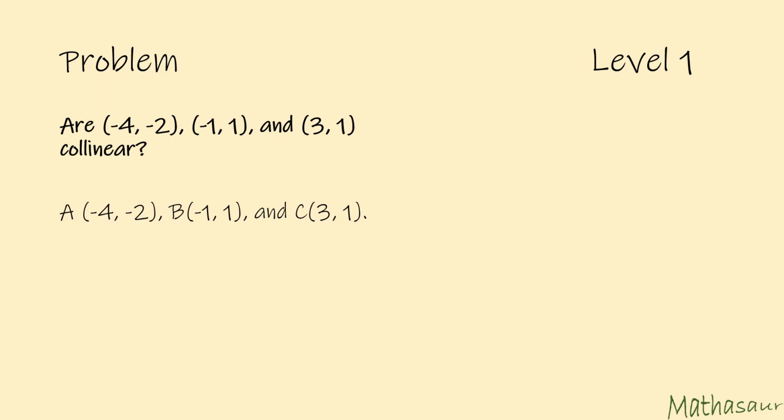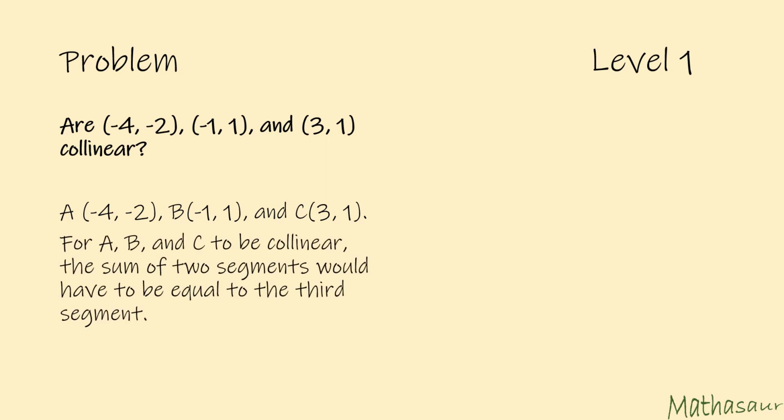Alright, if I did not have a graph paper or if my diagram was not drawn to scale, I could make a mistake with these points. Now let us try to find out the same problem using distance formula. Now for these 3 points to be collinear, the sum of 2 segments would have to be equal to the third segment. For example, AB plus BC could be equal to AC, or the sum of the 2 shorter sides out of these 3 would be equal to the third side. Why would that be? Recall that if AB plus BC was greater than AC, then ABC would form a triangle.